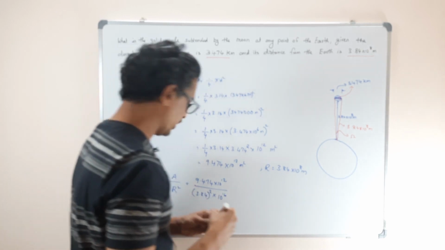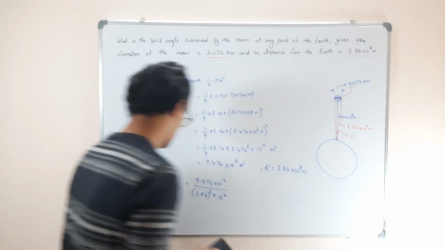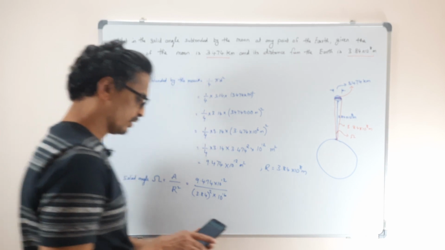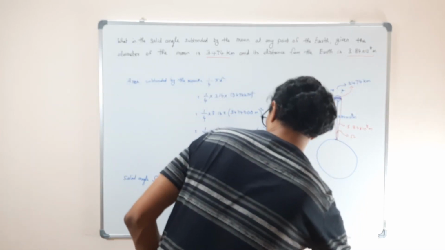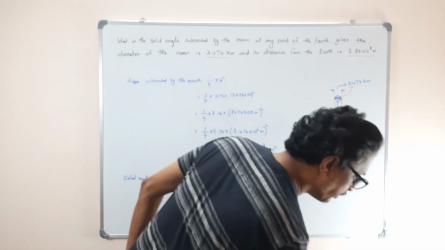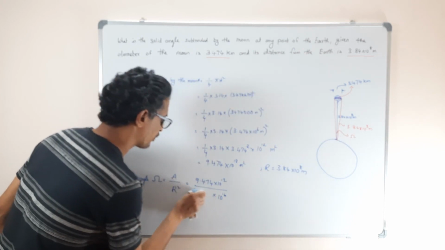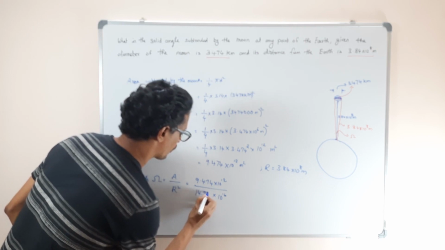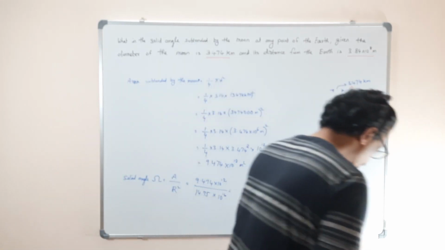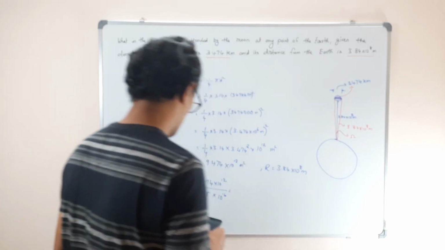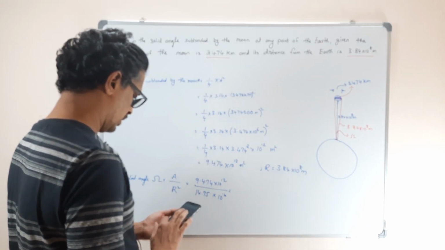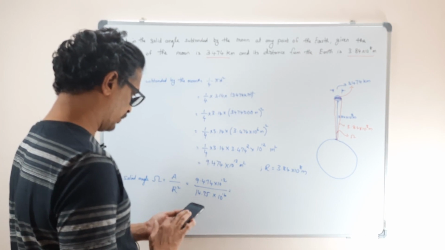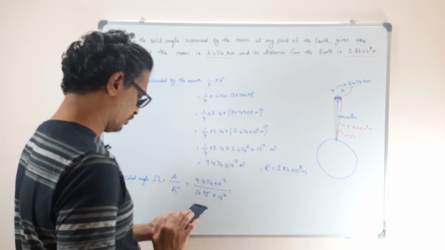So now how much will this be? 3.84 square is how much? 3.84 square is 14.75. Okay, so this will be 14.75. Just write it as 14.75. So when I divide that, what will you get? So 9.474 divided by 14.75 equal to,